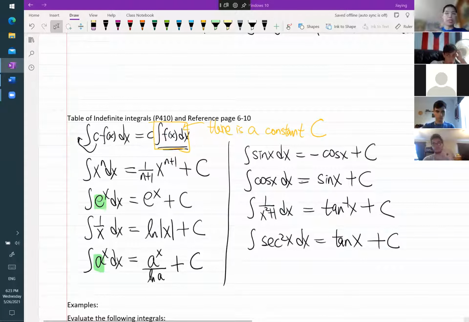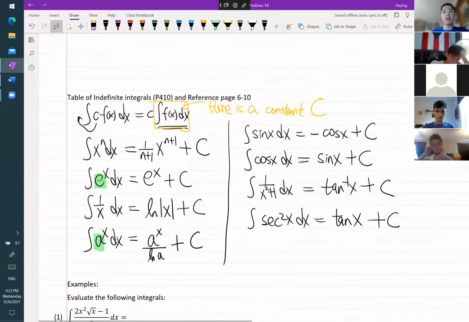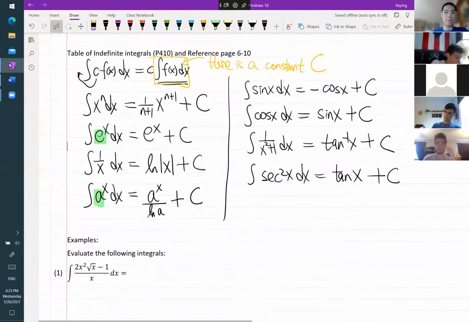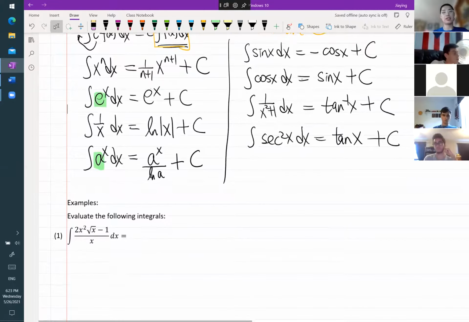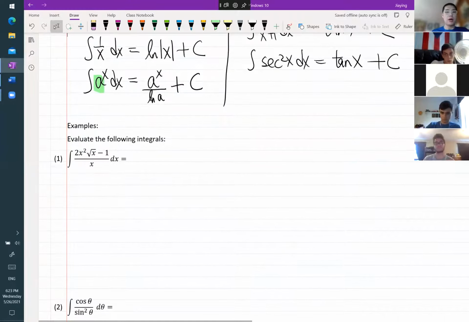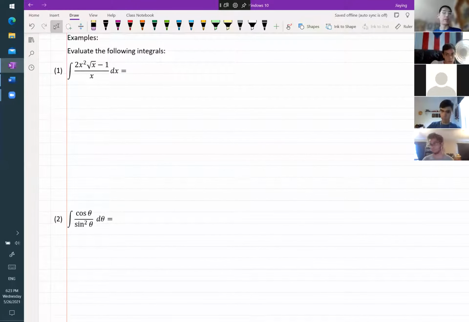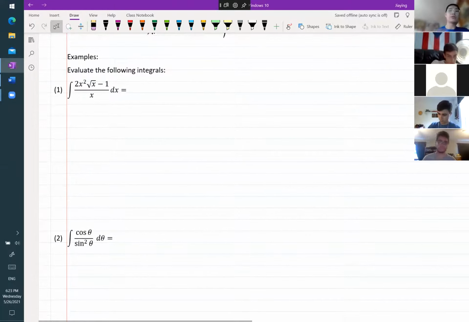All right, like I said, this is on page 410. There's a table there. You can take a look and try to memorize the basic integrals there, because you're going to use them a lot in this class and also future classes. So with that said, I'm just going to give you a couple examples. It's not really new material. We could have done this in calculus 1 or last time, but I just want to use them